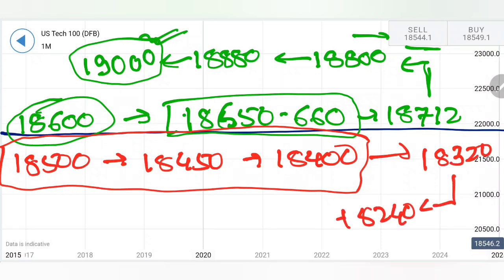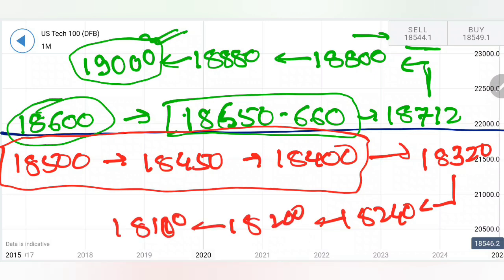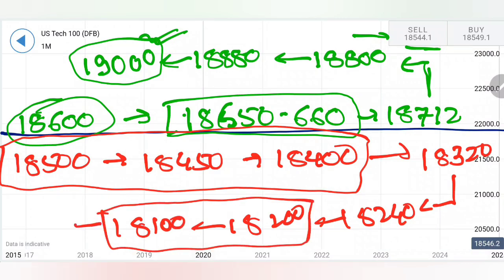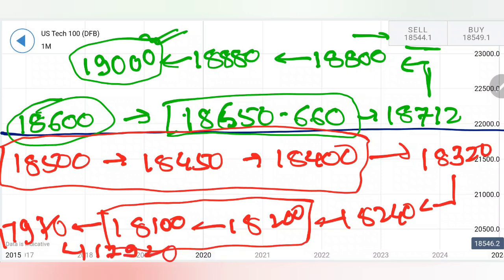18,240, 18,200. Now it will come back to this critical support zone. This is going to be one critical support, on the downside, the 18,100, 18,200 levels. Any drop below 18,100 will invite the bears towards 17,970, 17,920 levels, below which complete bearishness will be seen, though I do not see that happening in the coming